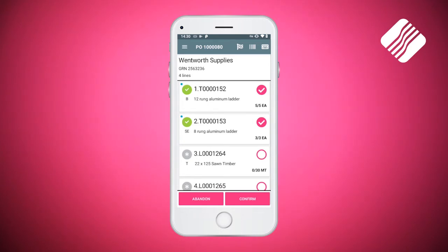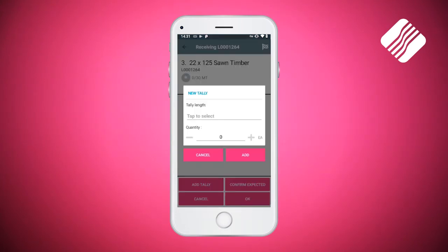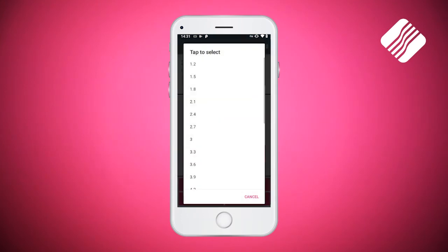We're now going to go down into the tally for the timber, and so you can see that we're expecting 30 meters here. So I tap on the pink circle again, and what it's asking me to do down the bottom here is add the tally. So if I add the tally, I can go in here and I can select the length,